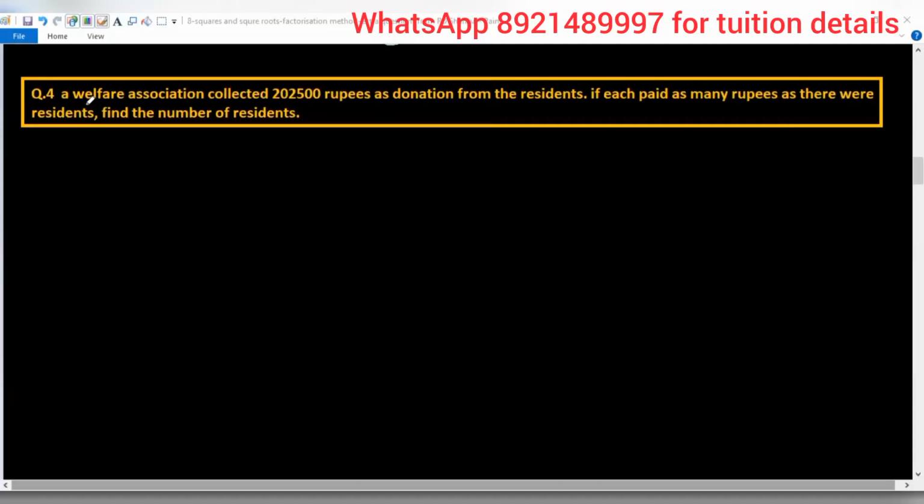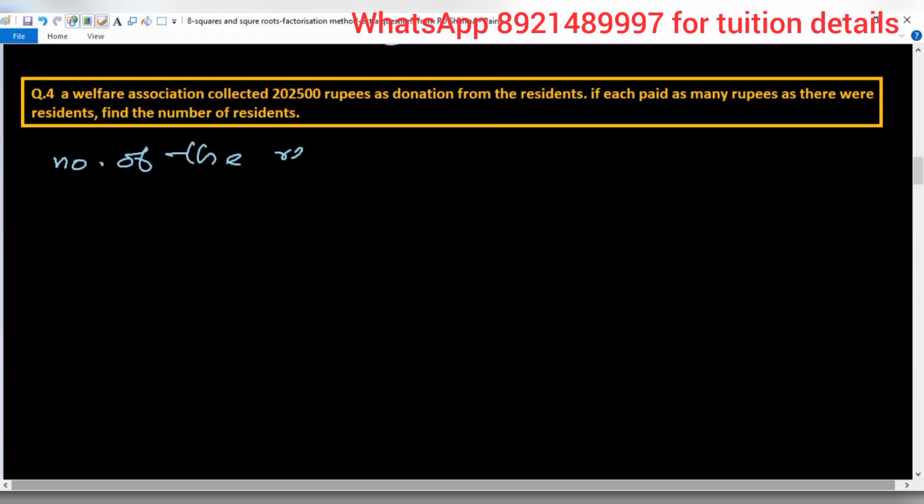Now this is our fourth question. A welfare association collected 202500 rupees as donation from the residents. If each paid as many rupees as there were residents, find the number of residents. Okay, so the number of residents, let us take it as